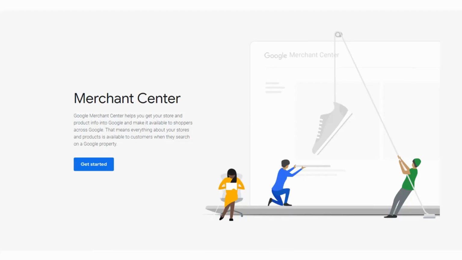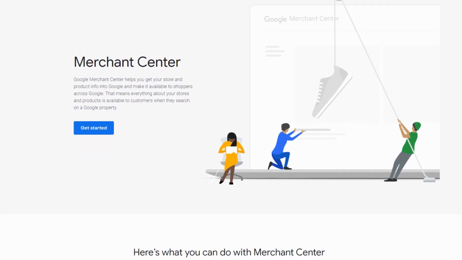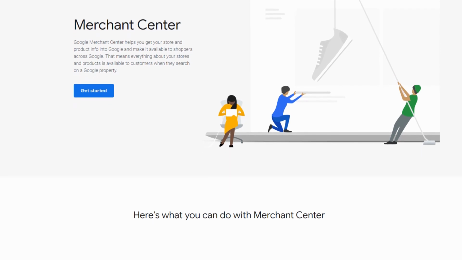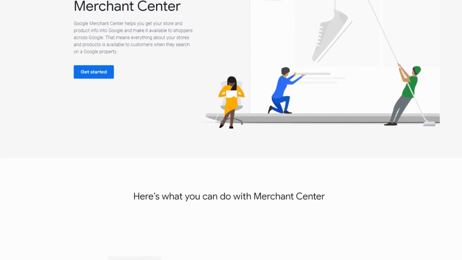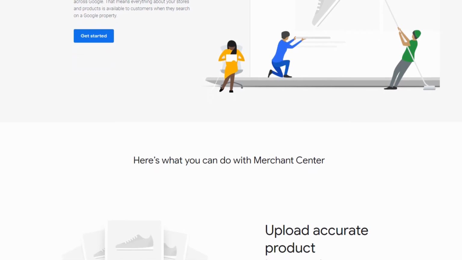The next part of this tutorial is how to create a Google Merchant account. Once you have created accounts in Google Ads and Google Analytics, you need to organize the products you offer in your eShop somehow. Here, the Google Merchant Center offers a helping hand by collecting product data you will then advertise.